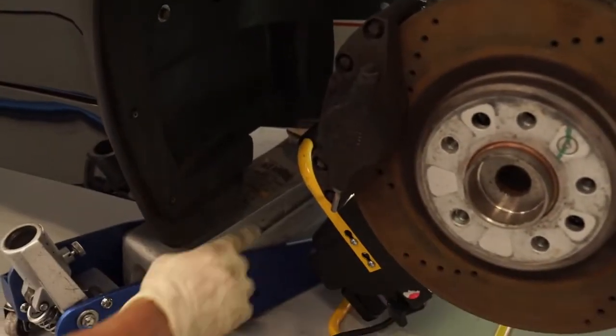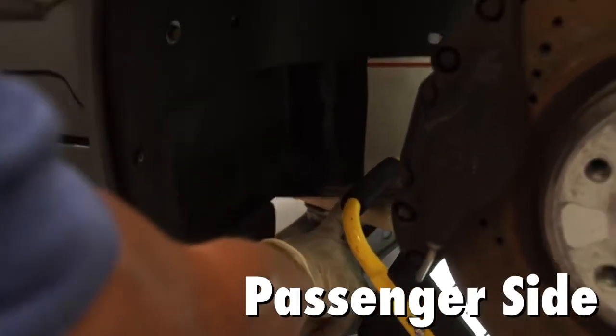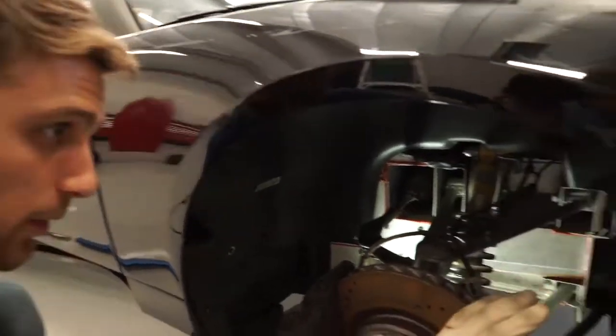Alright, so we've got the car jacked up, and there is a sticker under here, which I'll show you in a different shot, that you definitely want to hit on, so you're catching the right part of the chassis here, and you're not going up into the middle too much where you can catch the pan and possibly dent it in. So once we've got it jacked up, take the wheel off, and here we've already got both the panels